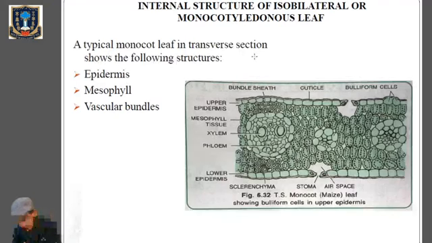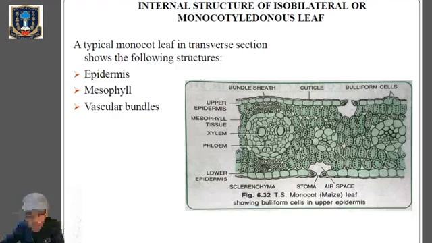So, the isobilateral leaf used to receive sunlight on both sides. Both sides are equally exposed to sunlight, or they will receive the light equally in the case of the isobilateral leaf, or the monocot leaf. Now when you go to the transverse section of the monocot leaf, we can see